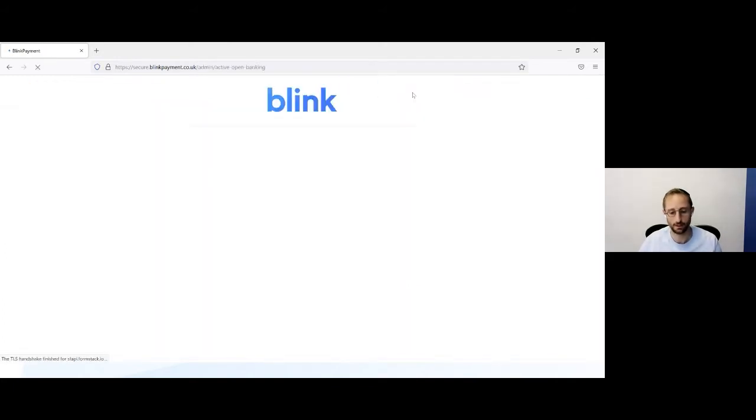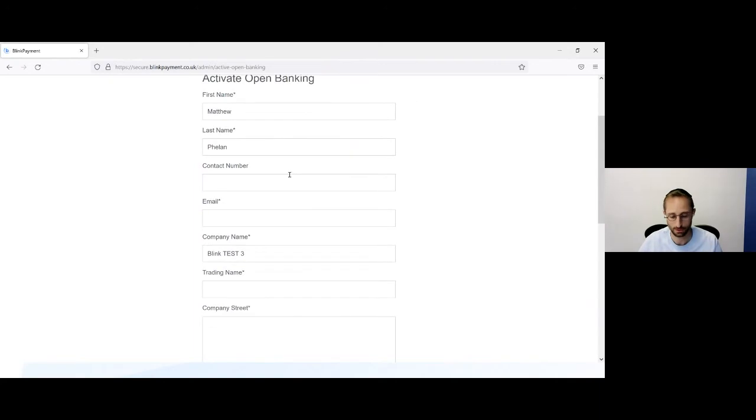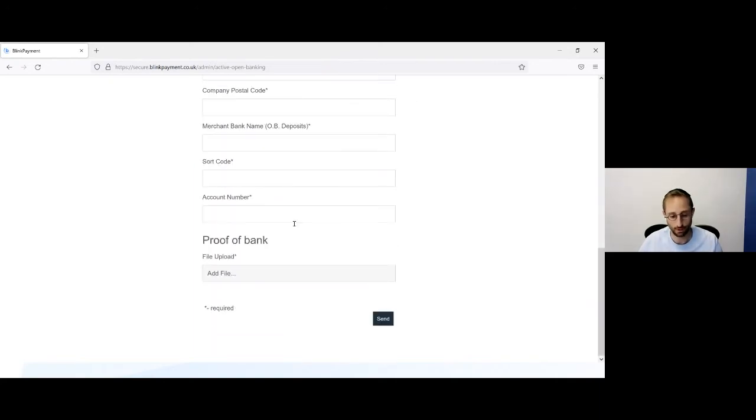Click the open banking link, and what will happen is you'll have a pre-populated form, which we've obviously got your details. You check the details are correct, make any changes if you need to. Very important to upload a proof of your bank account. So this is where the payments are actually going to go to. So sort code, account number, business name, etc. We check that and authorize that they're correct, so that the payments made to you as a business are going to the right place. Send it on to us, and within 30 minutes, yes, just 30 minutes, you'll be set up,